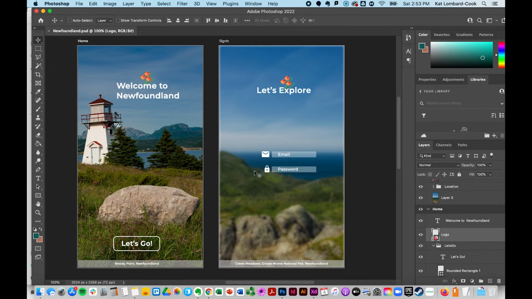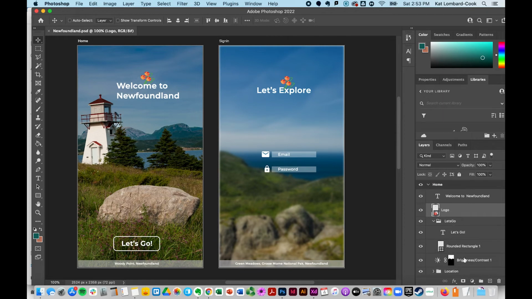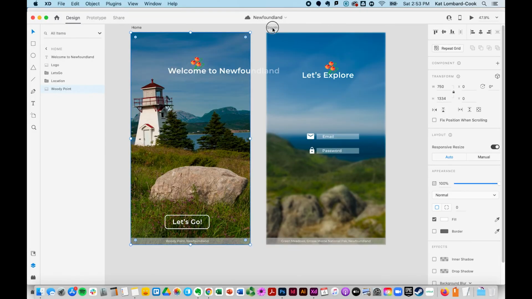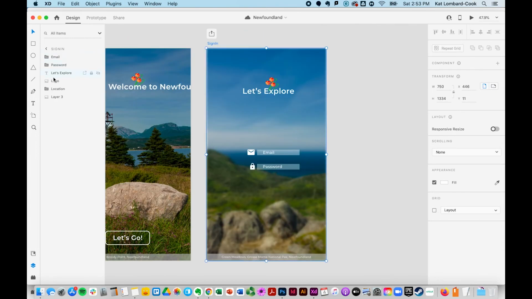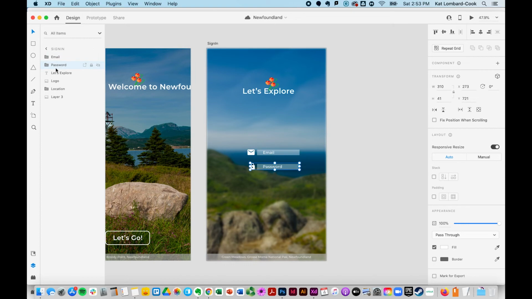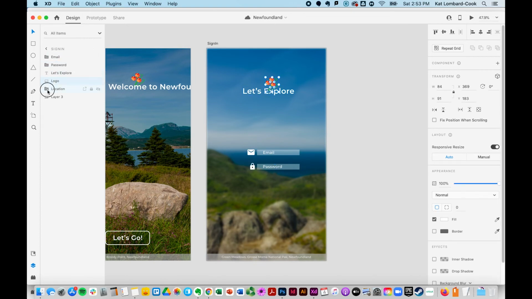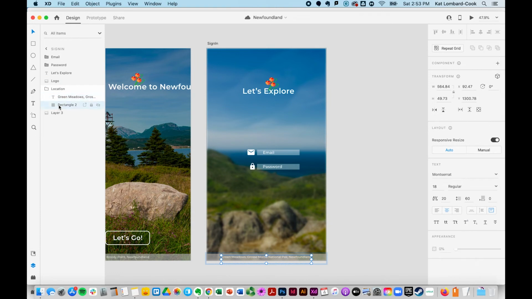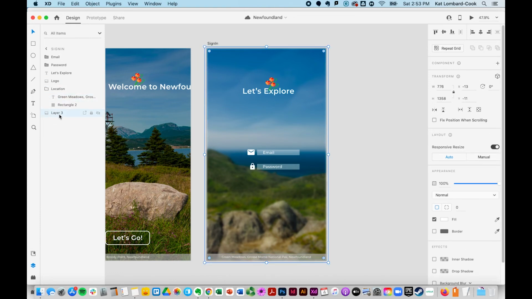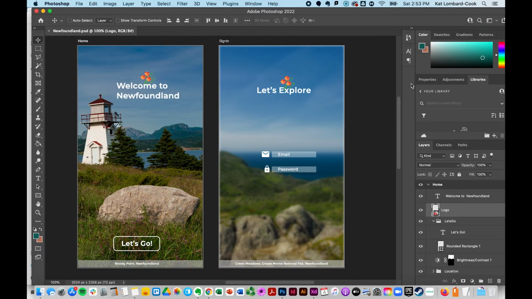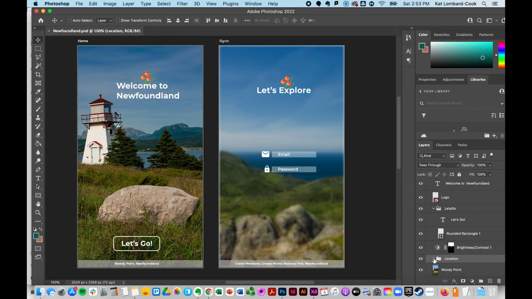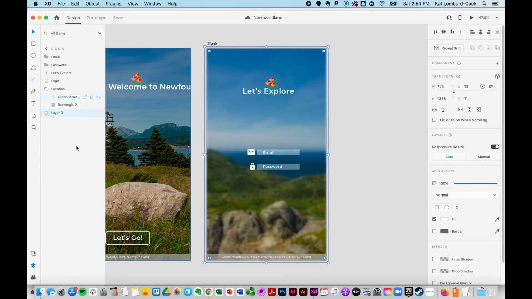But in here, I've got this blur, which is an adjustment layer. So let me go ahead and click on the sign in. And you've got your email, you've got your password, you've got Let's Explore, the logo, and then this whole thing is one background layer. So that has flattened out the different adjustment layers. So inside here, you've got a brightness and contrast adjustment layer over Woody Point. So that has been kind of flattened down, but the other